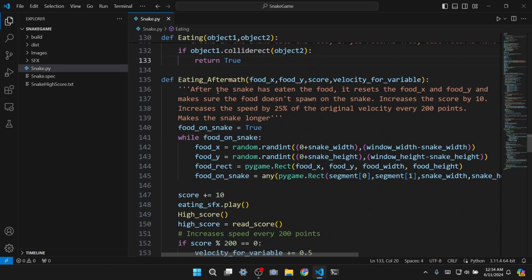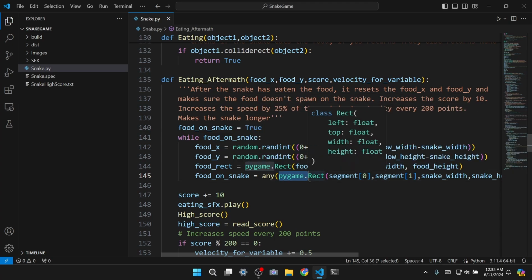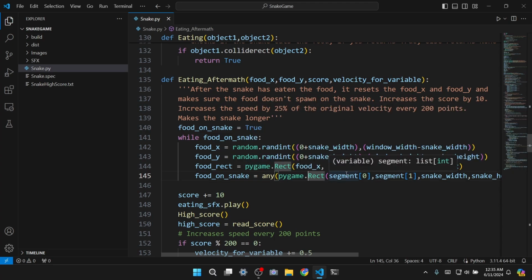This is eating aftermath. You can read it here. If the snake has eaten the food, it resets the food X and food Y and makes sure the food doesn't spawn on the snake. So here, using this, it makes sure that the food won't spawn on the snake by using the collidirect once again. If the food collides with the snake before spawning, then it will spawn on a new location and will not increase the